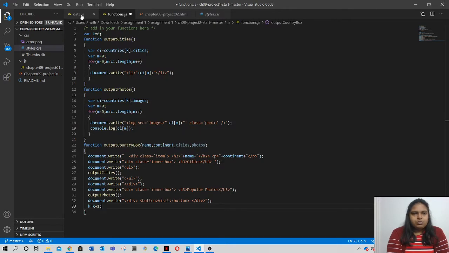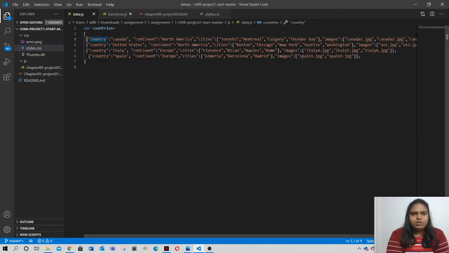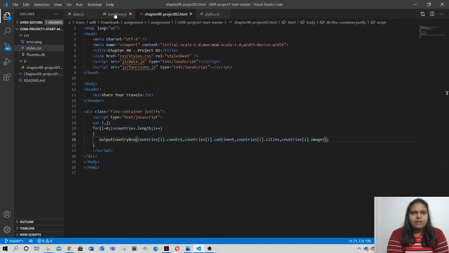So here we have written output country box, from which we are referencing each element from that array, that is countries of i.country, which is the country at the 0th position and the country name. So whatever element we have at the 0th position will be passed through that, and